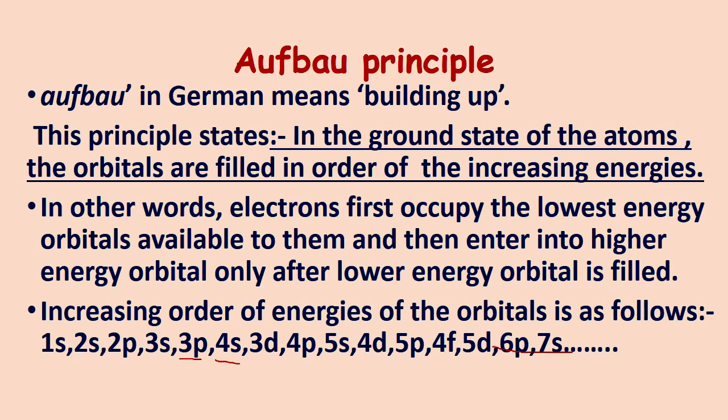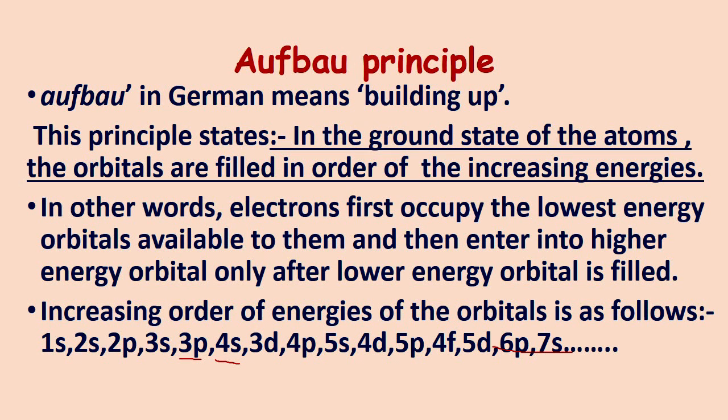This principle states that in the ground state of the atoms, the orbitals are filled in order of increasing energies. In other words, electrons first occupy the lowest energy orbitals available to them and then enter into higher energy orbitals only after the lower energy orbital is filled. The increasing order of energies of the orbitals is as follows: 1s has lesser energy than 2s, then 2p, 3s, 3p, 4s, 3d, 4p, 5s, 4d, 5p, 4f, 5d, 6p, and